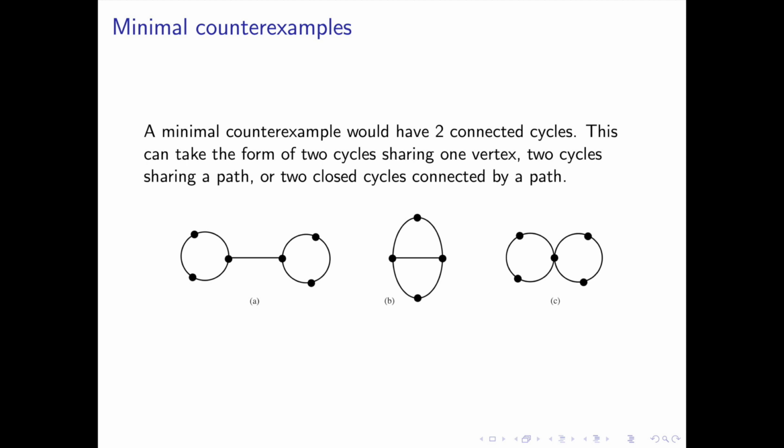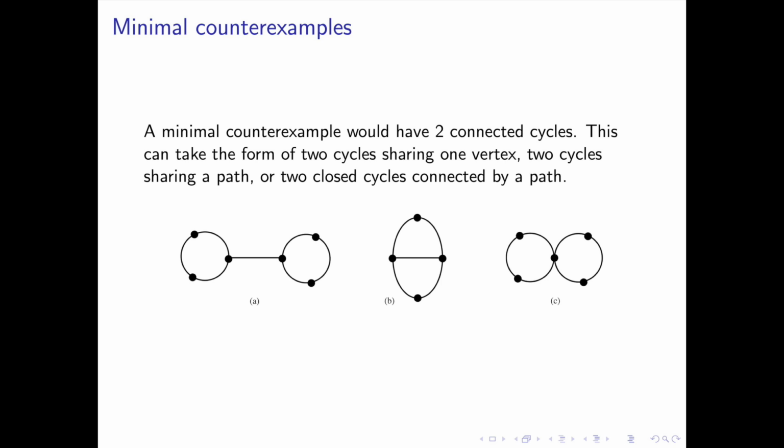A minimal counterexample must have some cycle. If not, it's a tree, and we know that the number of edges is less than the number of vertices for trees. But a cycle means that the number of edges equals the number of vertices, so there must be either another edge between nodes in the cycle, or multiple cycles that share a vertex to achieve the number of edges greater than the number of vertices.